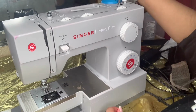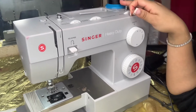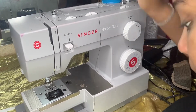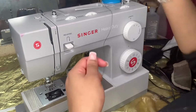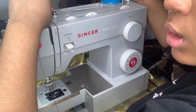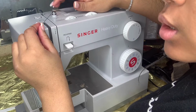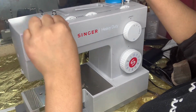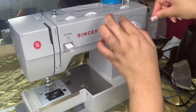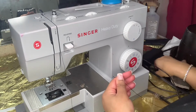Alright, first, I have a big thread, so I gotta place mine right here. Alright, so first what you wanna do is lay back. You're gonna put this in here. It's a little piece behind this right here. Put it in there. Then you're gonna loop this around this. Bring it around. Okay, after you bring it around,